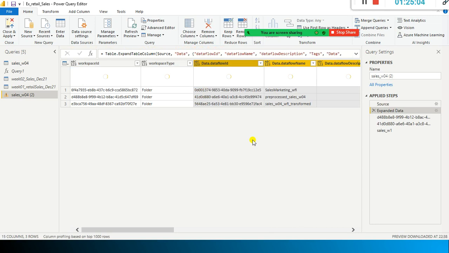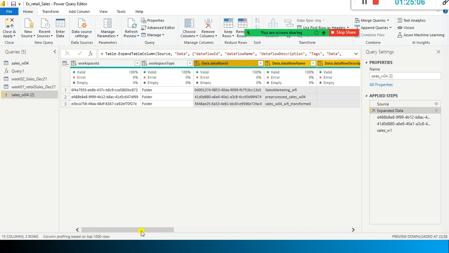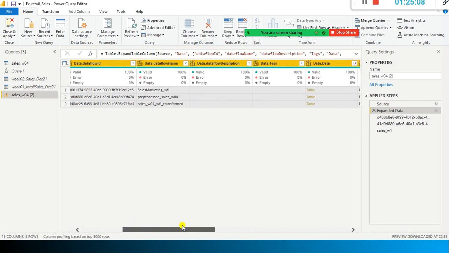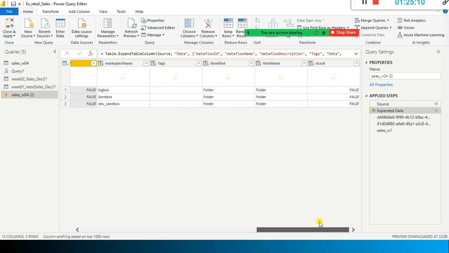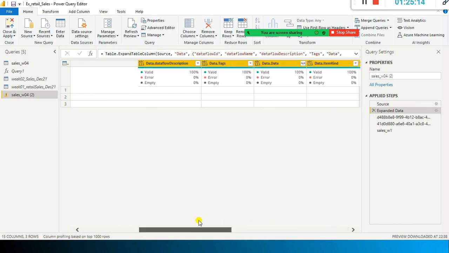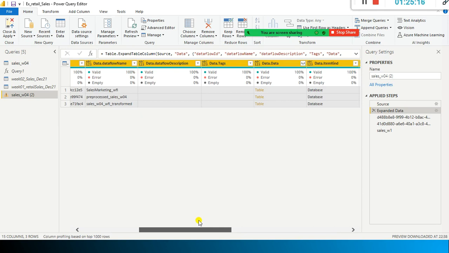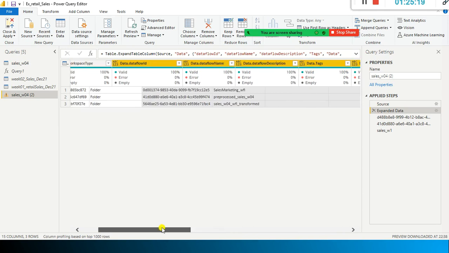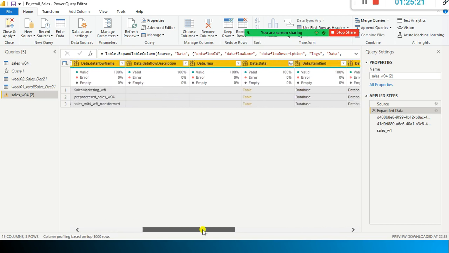So now we have the expanded data. The next step is, we have something called data.data. Ideally it should not be like this. One second, so I just remove that option.